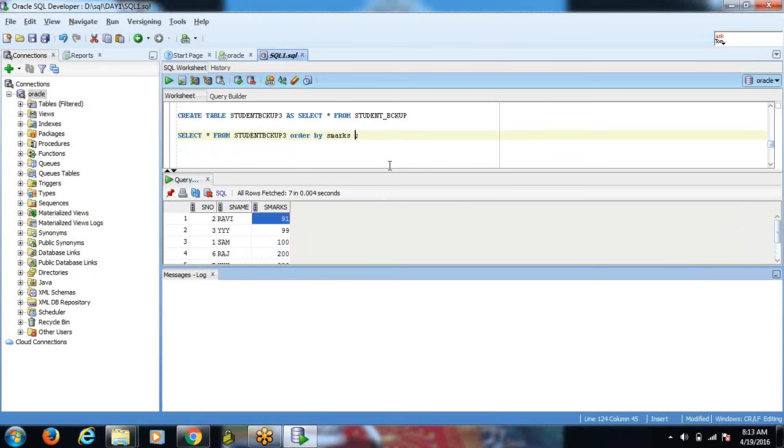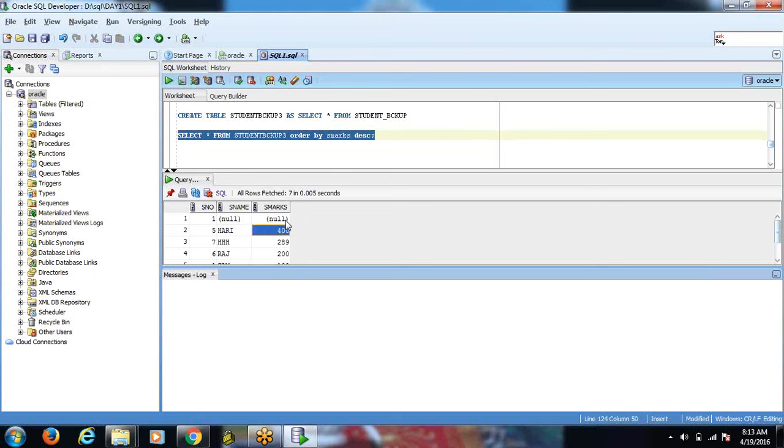Suppose in the same ORDER BY we use the keyword DESC. By default the marks are arranged in ascending order. If I give the keyword DESC, obviously the marks will come in descending order. Let us execute the same statement and see the output. See, the highest value is the null value.